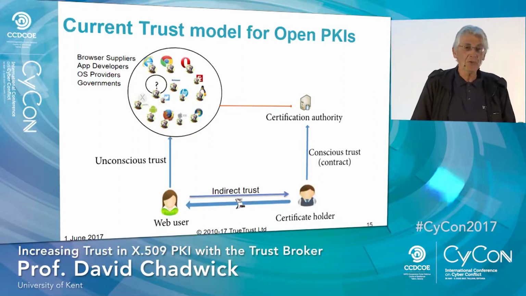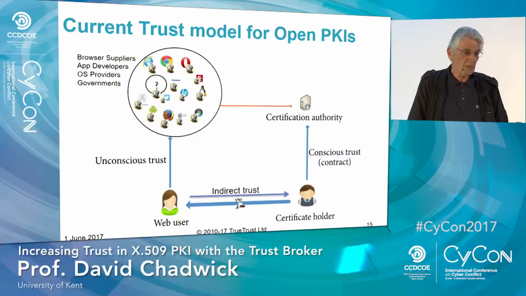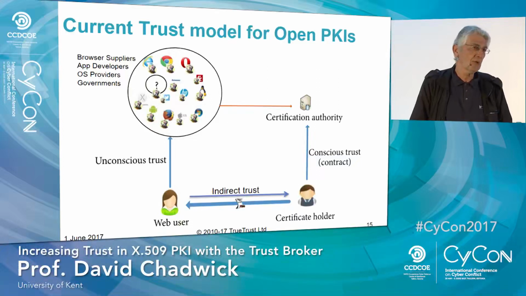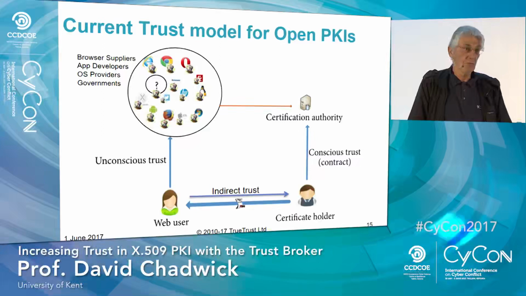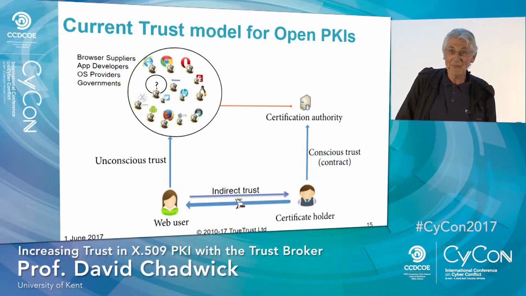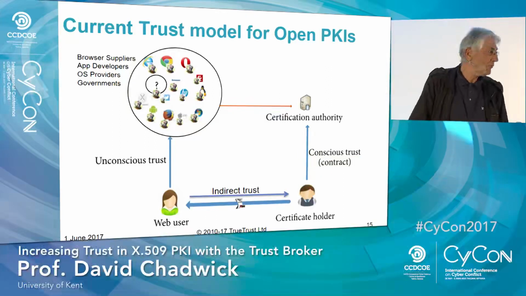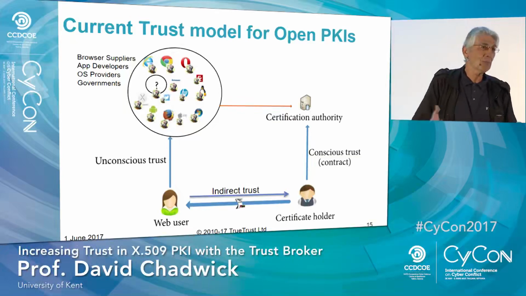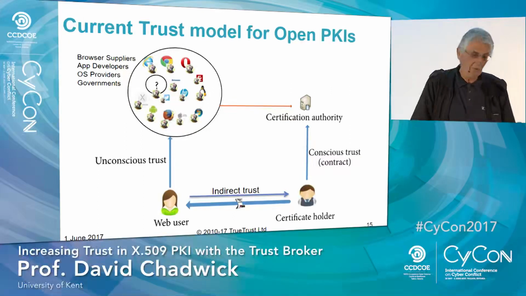It's actually a four-cornered trust model, but we as web users, unconsciously, because it's not a conscious decision that we make, we just download the software and we use it. Unconsciously, we have to trust hundreds, potentially, of these trust anchors, made up of all the browser suppliers, all the operating system suppliers, all the app developers, all the apps you download onto your mobile phone which are using PKI, they decide who you trust. You perhaps didn't realize that, but they do. So all the app developers you have to trust, and you have to trust all the governments and all the railway stations and all the other public places you go to, that they're not acting as men in the middle as well. So you can see there's an awful lot of people that we're unconsciously trusting in the X509 model,